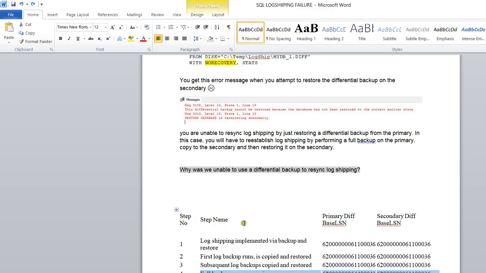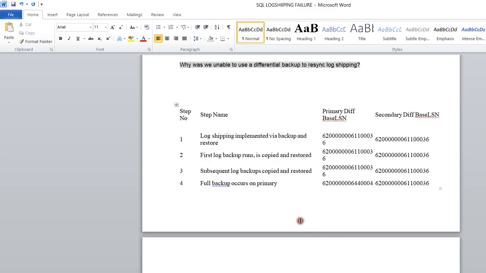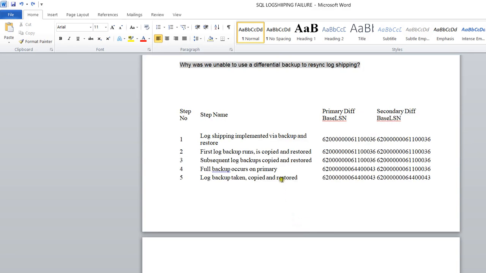In step 4, the full backup occurs on the primary. So what is the LSN in step 4 for the full backup? If you come here, see this LSN. In step 4, when the full backup occurs on the primary, the LSN is changed.